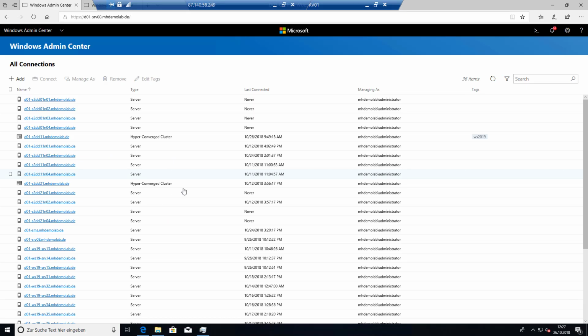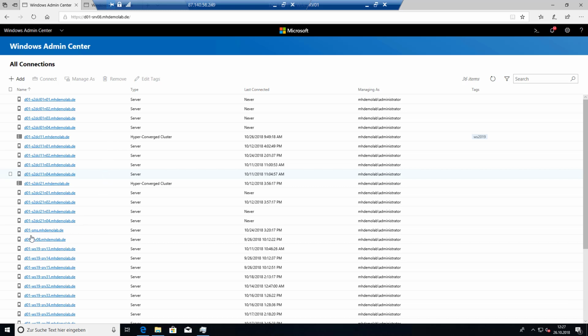So what we see here in the live demo environment is a Windows Admin Center console. This is this new web-based management interface. I have the installation of the Windows Admin Center on a local server in my environment, and I'm accessing the Windows Admin Center via the Edge web browser. This is the actual situation. And here I have a machine.